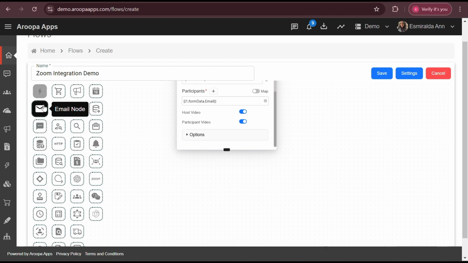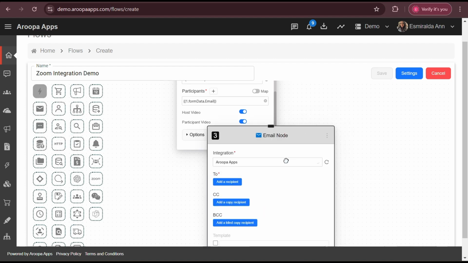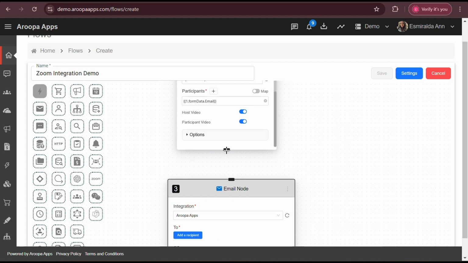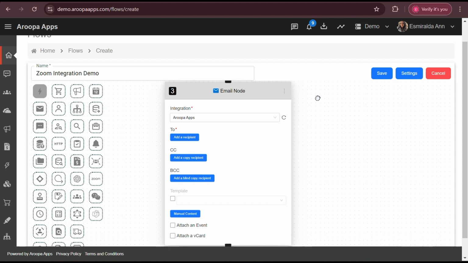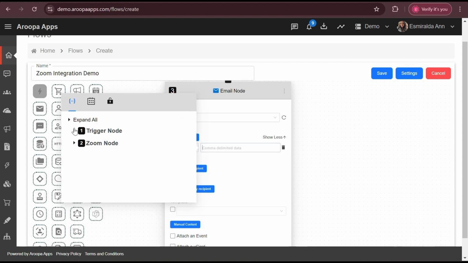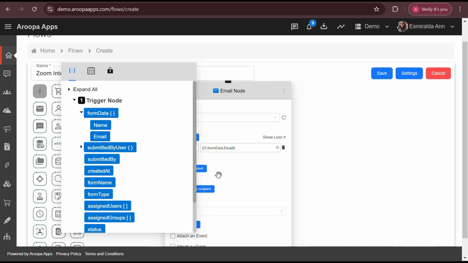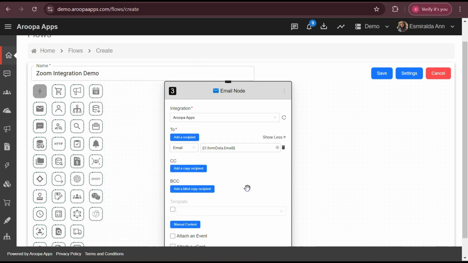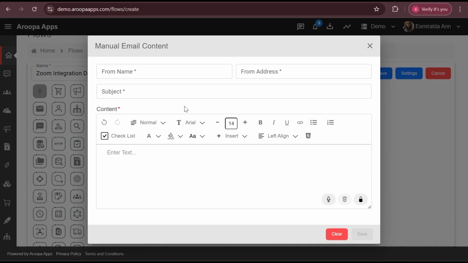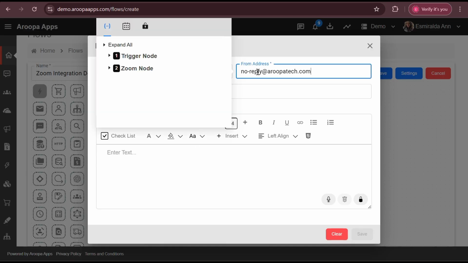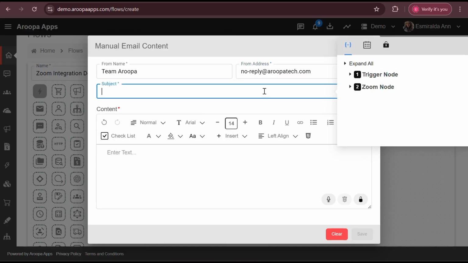After configuring the Zoom node, click the email node and connect it to the Zoom node. In the To field, use the trigger node to map the email ID field from the form data. If you have a pre-designed email template, you can use it. Otherwise, create one manually. Fill in the from name and from address fields with the company email ID you've integrated.